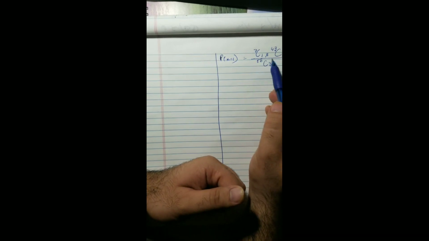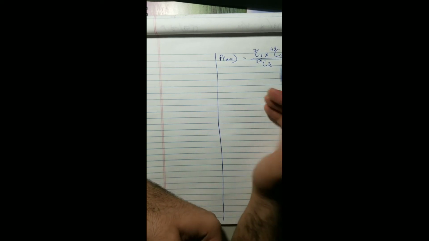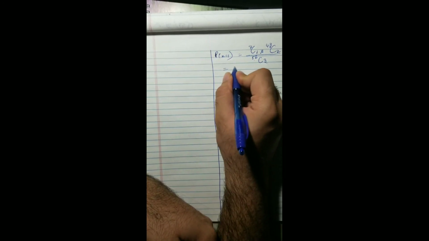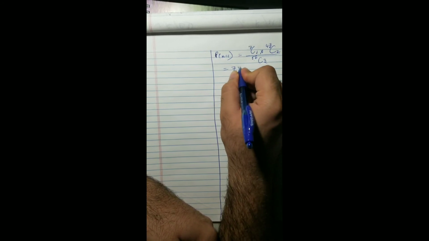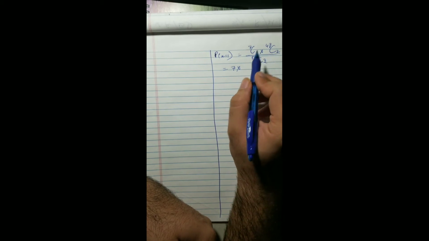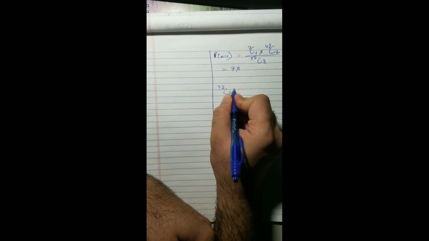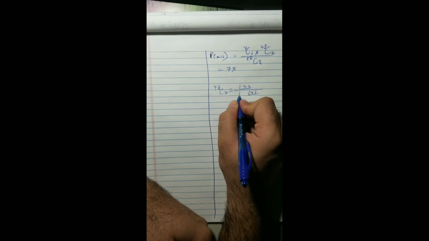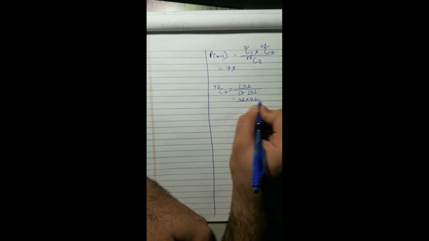Just to quick check, whatever you're doing is fine. 1 plus 2 equals to 3. 7 plus 43 is equal to 50. That way you make sure that you have not taken anything which is not required. Now this is 7C1 is factorial 7 over factorial 6. Again 7 cross 43C2 is factorial 43. I'll solve this here so that it's 43 over factorial 41 over 2, which makes it 43 into 42 over 2,